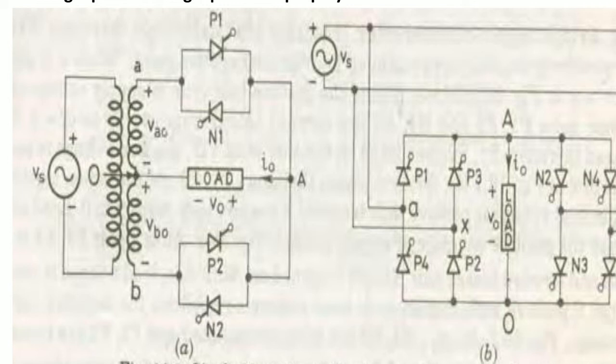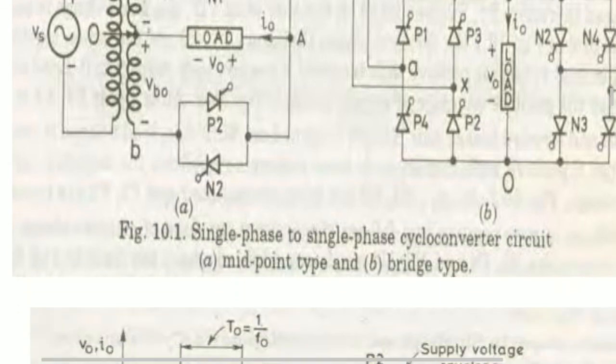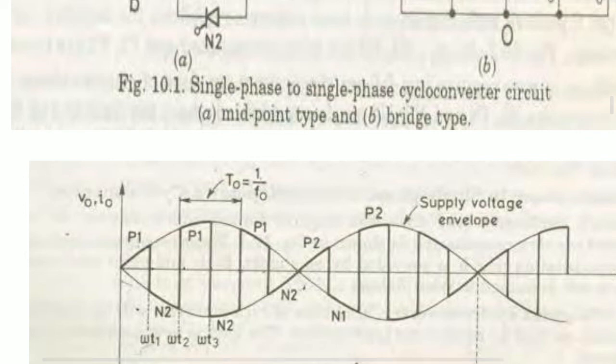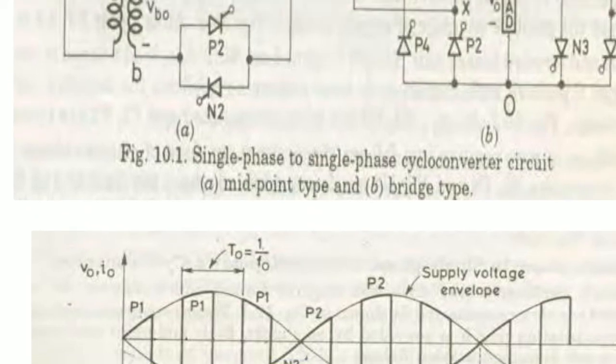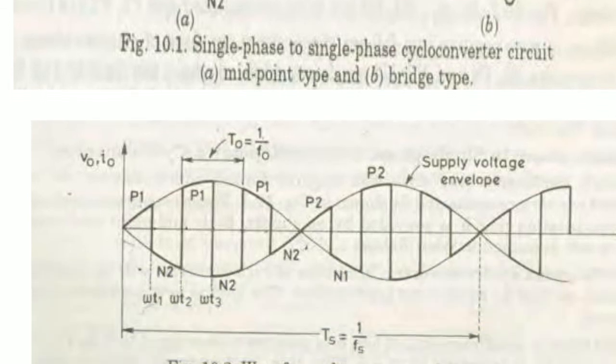The SCR N1 and P2 will be forward biased for the negative half cycle of the AC input voltage. So due to forward biasing of N1 and P2, we will trigger these SCRs one by one. First we will trigger SCR P2, then P2 will commutate using line commutation. Then we will trigger SCR N1, again we will commutate the SCR N1, then triggering is provided to SCR P2. Again N1, again P2, N1, P2. So this process continues.